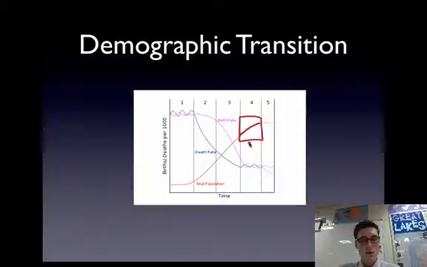Just a quick rundown on stage 5. This is a declining population. You can see this is actually negative growth because there are more deaths than births, and so population is going to decline here. So let's get back to what we were talking about in stage 4, and that's population